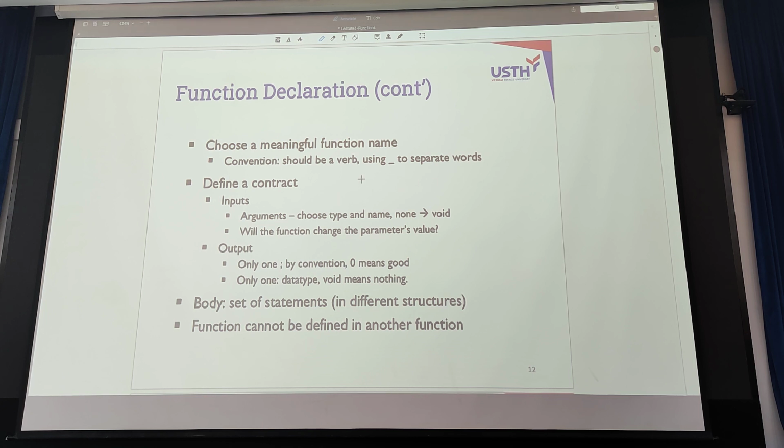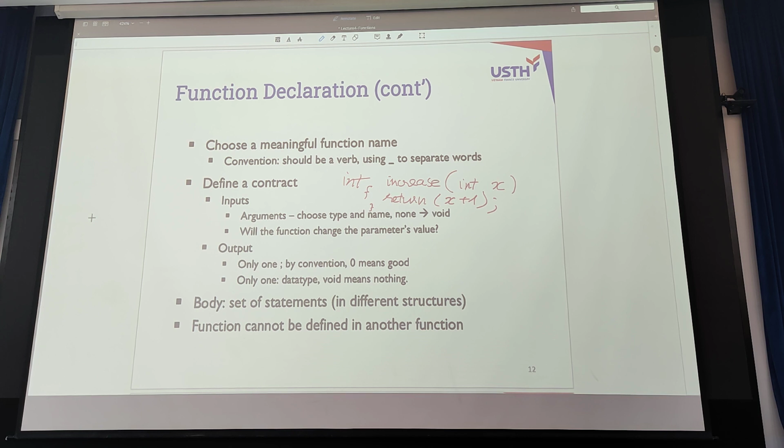Now, let's say I have a function named increase: int increase(int x) { return x plus 1; }. Now, first question.